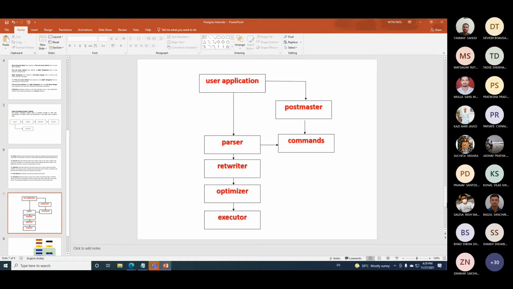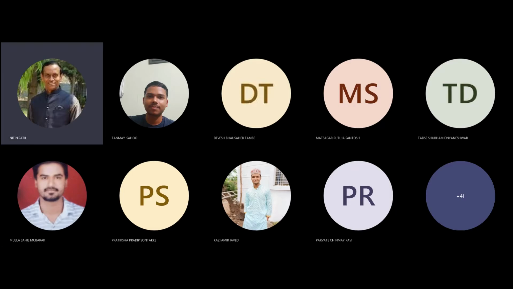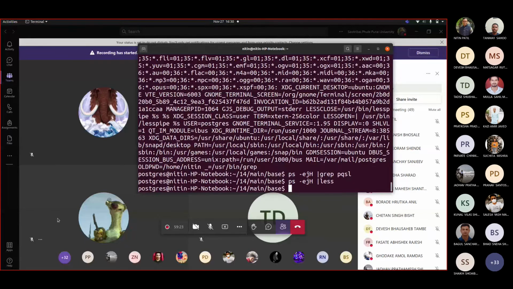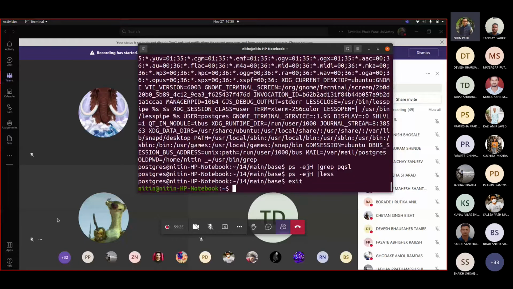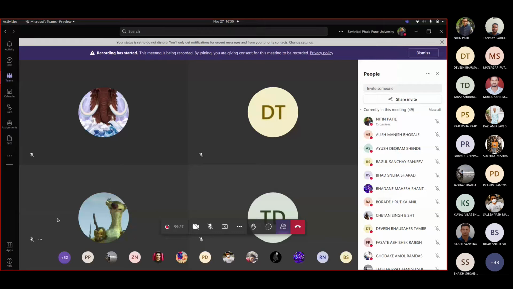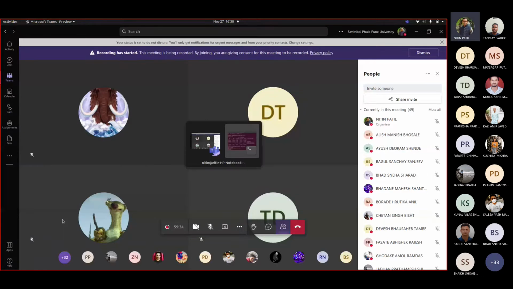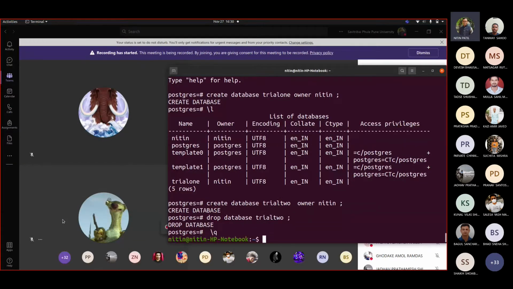Now let me show you another aspect related to this on Linux. Okay, so let us quit from everywhere. I'm quitting from every terminal and I will start with fresh screens.